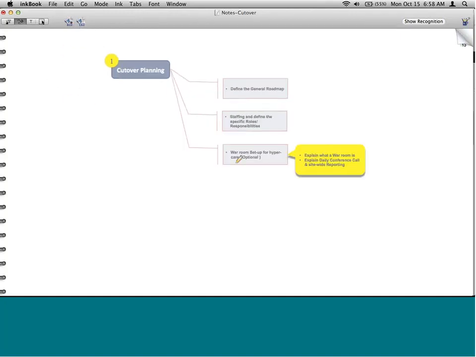Okay. Next thing is war room setup for hypercare support. Now, this is a step that is just planned at this point. It need not be exactly done. What is a war room? War room means